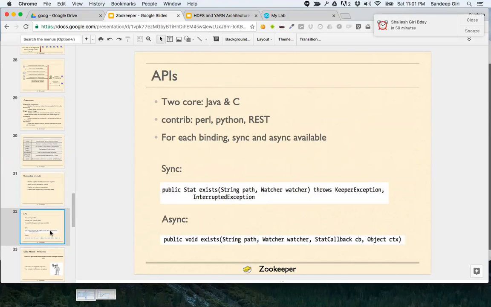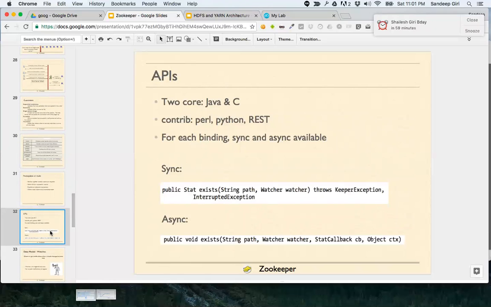Out of those, Java and C are core, while all others are just wrappers. For every function, whether creating a node or checking whether something exists, there are two versions in the API.